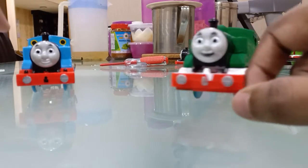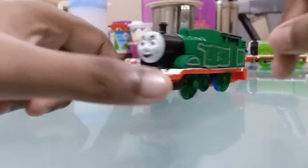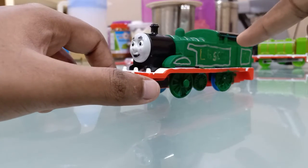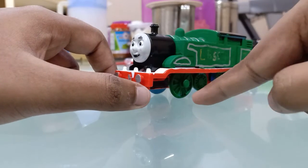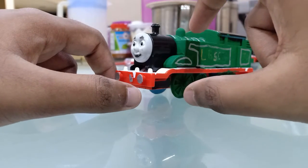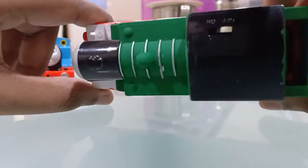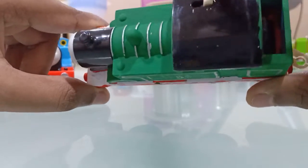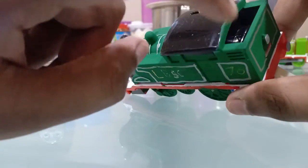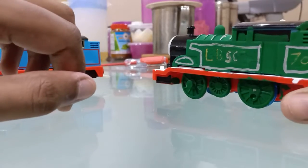So yeah, it was actually painted green, as well as the wheels. So this shell is actually the RC 3-speed Thomas, and this part considerably belongs to our remote control 3-speed. Both of these parts belong to the 3-speed Thomas. That's why you see the hole, and yeah, you see that it doesn't have a coal, just like compare this normal Thomas to that. Yeah, because so actually,